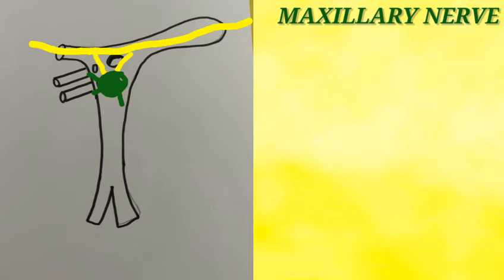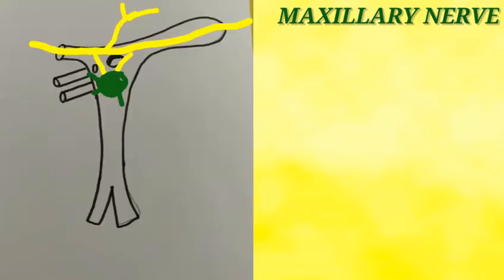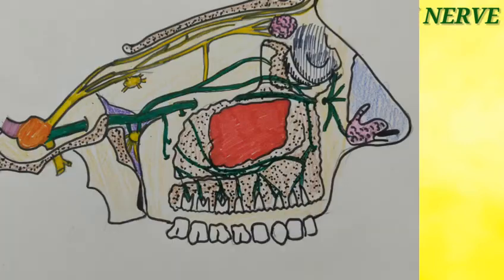The second is the zygomatic nerve, which passes upwards to divide into zygomaticofacial and zygomaticotemporal nerves and supplies the corresponding areas. The zygomaticotemporal nerve joins with the lacrimal nerve and conveys the postganglionic secretomotor fibers to the lacrimal gland. The third is the posterior superior alveolar nerve or the dental nerve, which enters into the body of the maxilla through its posterior surface and supplies the maxillary sinus and forms the superior dental plexus to supply the molar teeth of the upper jaw. These are the three branches given off by the maxillary nerve in the pterygopalatine fossa.